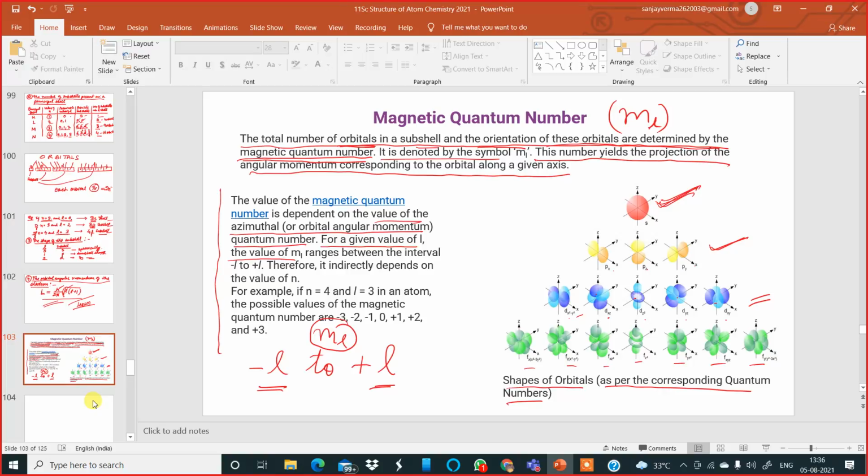An example is given. If n is equal to 4 and l is equal to 3 in an atom, the possible values of the magnetic quantum number: l value is 3, so minus 3 to plus 3. So minus 3, minus 2, minus 1, 0, 1, 2, and there is one more, 3. So 1, 2, 3, 4, 5, 6, 7, which means there are 7 values. I am talking about this f orbital in this example. Now these are the basic things about the magnetic quantum number. Now we move on further. As I've already told you, the magnetic quantum number explains